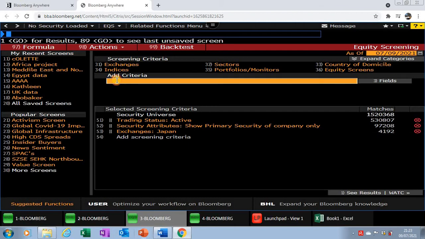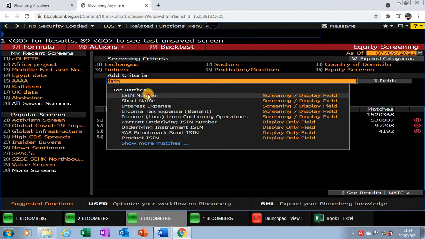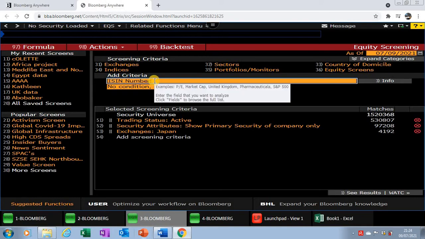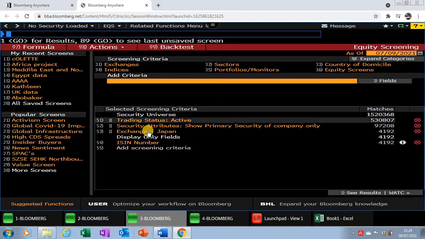How? Go to this bar here and type in the variable names which you'd like to collect. For example, if you are looking for financial data, when you type the name, some options will appear and you pick what you want. Let's start with something general, like, for example, the ISIN number. So here's the ISIN. Once you get it, just click beside it and enter. So now I added the ISIN number to my